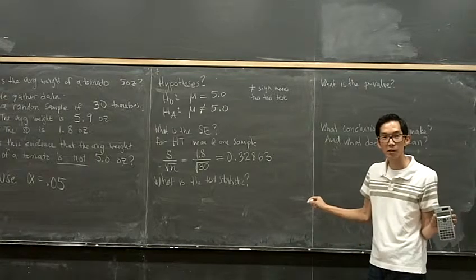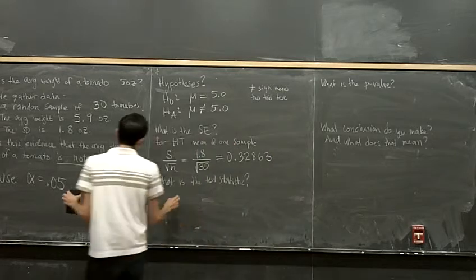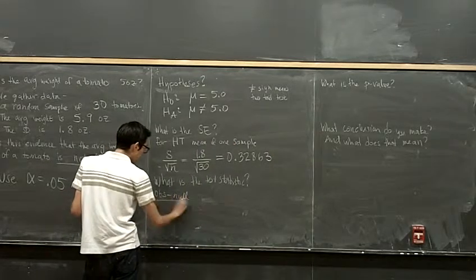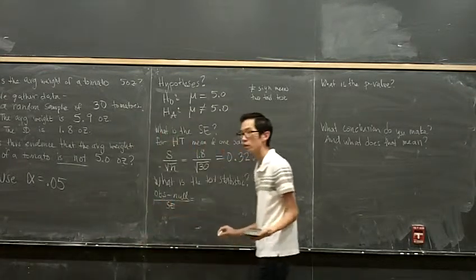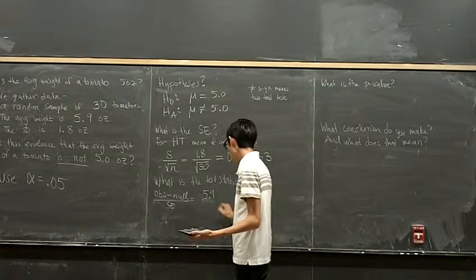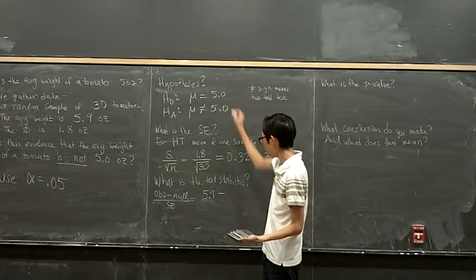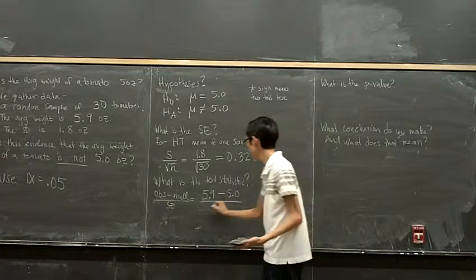What is my test statistic? 2.7. Yeah, okay, so we're going to do what we observed minus what is written in the null hypothesis divided by our standard error. What did I observe? Yeah, the average weight of my 30 tomatoes was 5.9 ounces. What is written in my null hypothesis? 5.0 ounces. And my standard error is